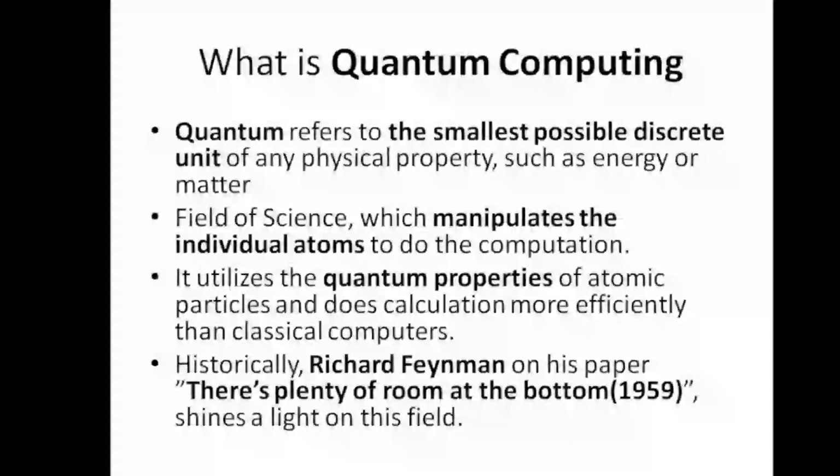Now these atoms have quantum properties. So we are utilizing these quantum properties and performing operations on these individual atoms. We refer to these individual atoms as qubits. So we are performing operations on these qubits, and it is found that a quantum computer is much more efficient